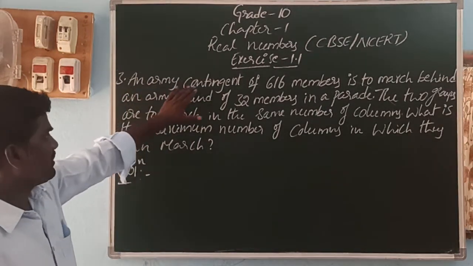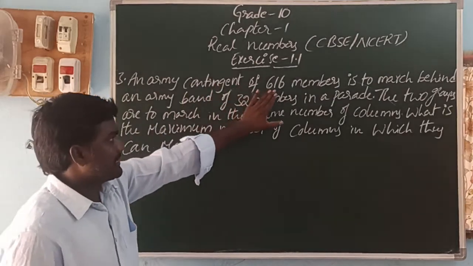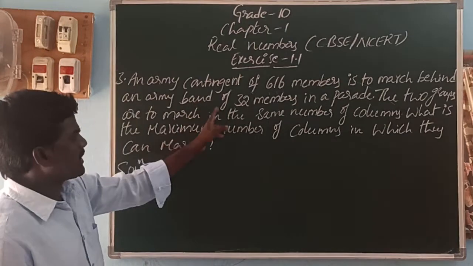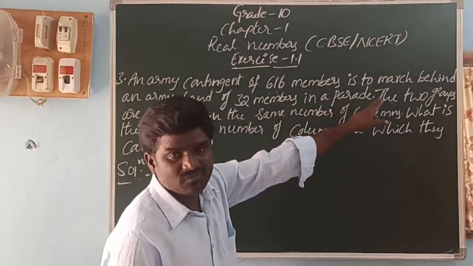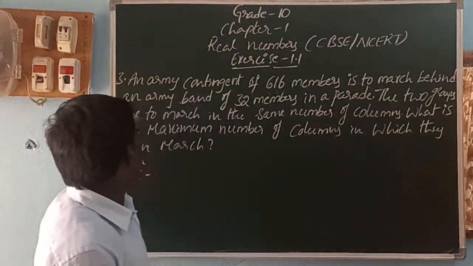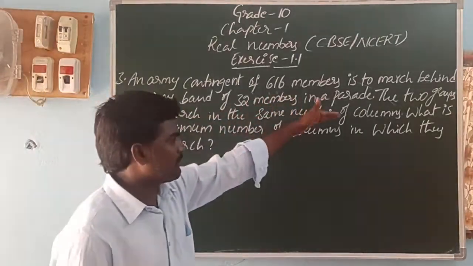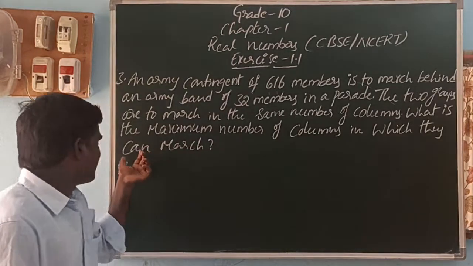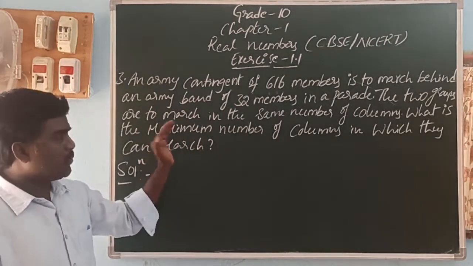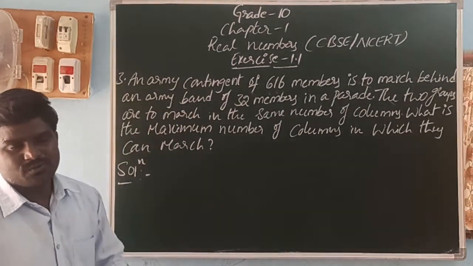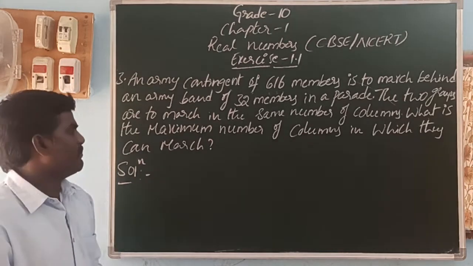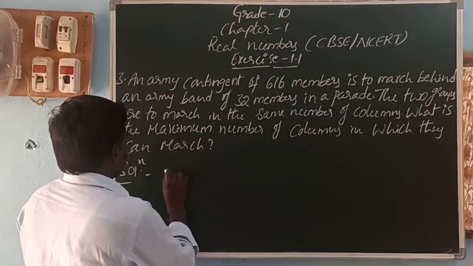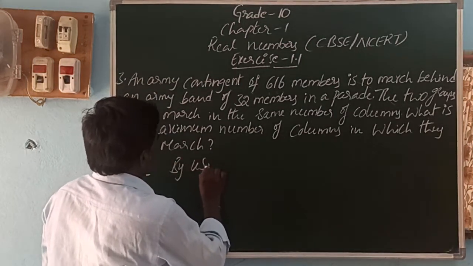Here an army contingent of 616 members is to march behind an army band of 32 members in a parade. The two groups are to march in the same number of columns. What is the maximum number of columns in which they can march? Okay, how can we find this? By using Euclid division lemma. Maximum number means you can find the HCF. So, by using Euclid division lemma,